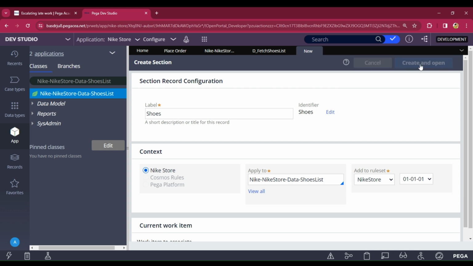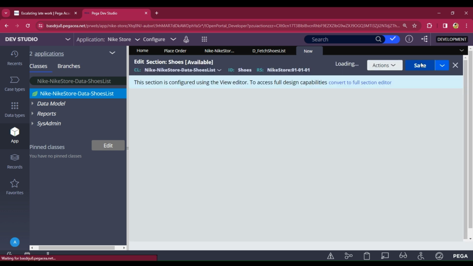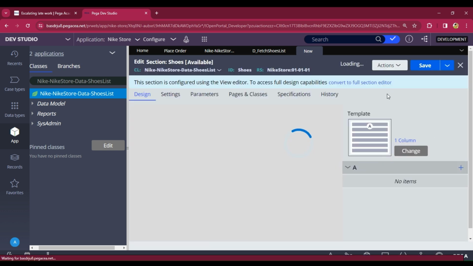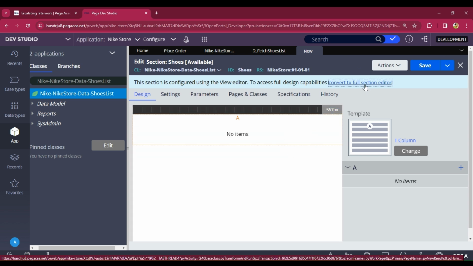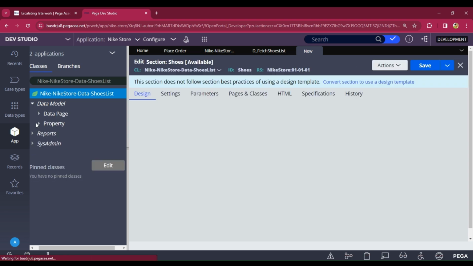Create and open, convert to full section editor, submit, data types, property,